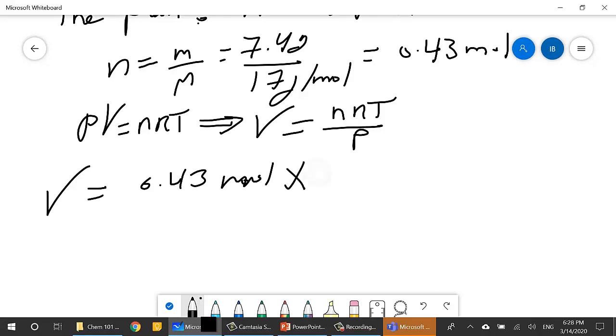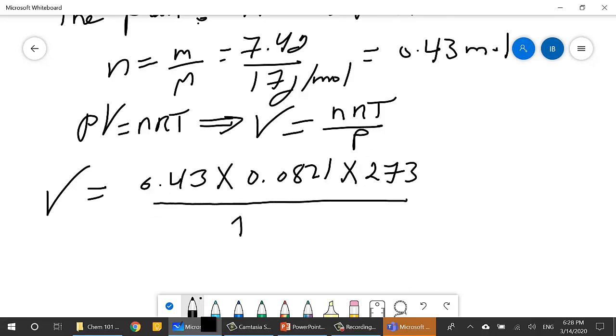times R, which is 0.0821. I'm not going to do the units here because I have done it before. But in your case, you should actually do the units in the exam, because you just need to know that everything cancels out. Now, times T, which is the temperature in Celsius, if you put 0, that will give you an answer of 0, and that's not good. So you must change again the temperature into Kelvin. 0 Celsius is 273 Kelvin, divided by the pressure, which is 1 atmosphere. So again, I'm not putting any units here, but you should put the units in any question that you are solving, and that should give you an answer which is 9.7